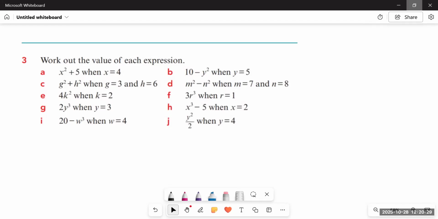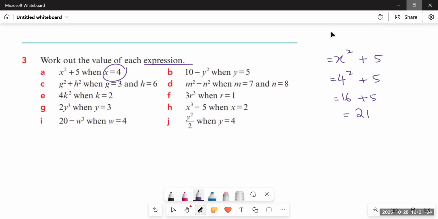If x square plus 5 is given, where the value of x is given as 4, what we will do, we will write x square plus 5. Then we will write 4 in place of x. Here we have a square. Then we simply apply the BODMAS rule and solve it. So first we have to find out the square of 4. That's 16 plus 5 is equals to 21. That's all. We don't need to do anything else. It means x square plus 5 is equals to 21 if x is equals to 4.